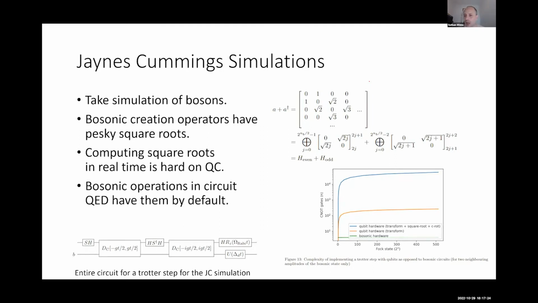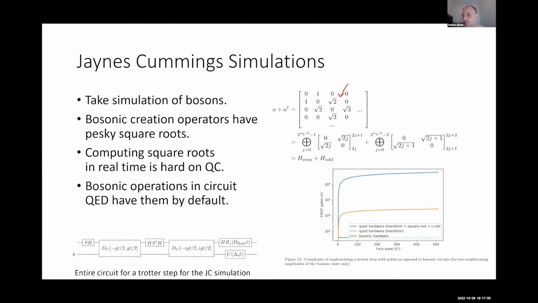I don't want to take too big of a distraction and jump into the physics of the Jaynes-Cummings model, but the key problem that we have for simulating this model is that it involves bosonic creation and annihilation operators. And here's a sum of a bosonic creation and annihilation operator, which is one of the common terms that you'll see in these things. The key thing about it is that you'll notice these pesky square roots that we get over here.